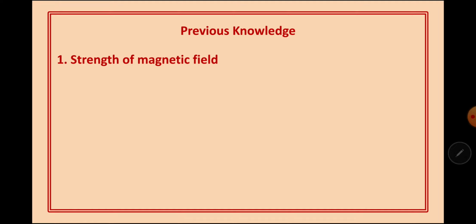Initially, we are going to recall what we have learned so far and what formulae we will need for solving the numerical questions. Students, we have to be very careful that magnetic field strength is a vector quantity. So, while we solve the numerical questions, we don't only need the mathematical formula, but at many places we will also need to find the direction so that we can find the resultant magnetic field. So, we are going to recall both the formula to calculate the magnitude as well as the rules to find the direction of the magnetic field. Let us first discuss the strength of the magnetic field.